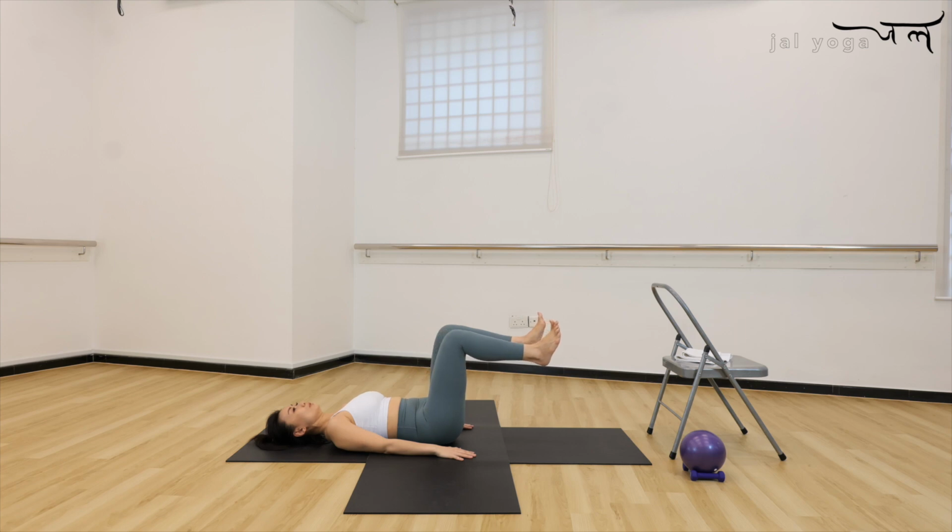We're going to bring the right heel down, tap, and bring it up. And right heel tap, and bring it up. Make sure that you draw the belly to your spine. You shouldn't have an arch on your back. Last 8 here. 7. Think that you're lengthening those heels, so reaching up. 6, 5, 4, 3, 2,